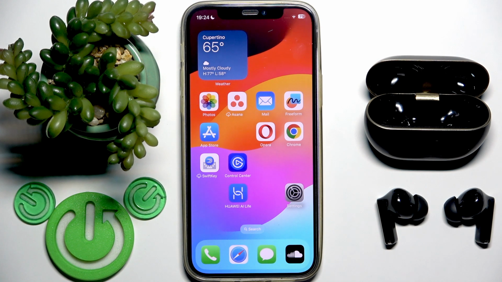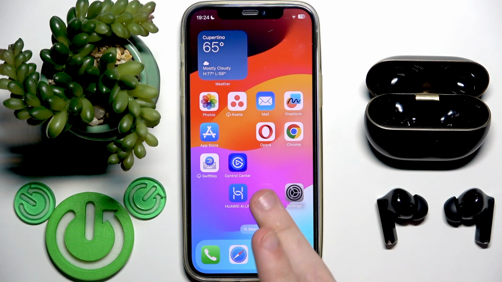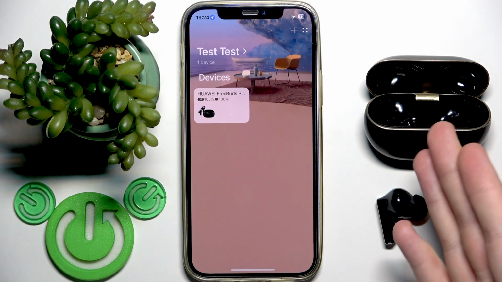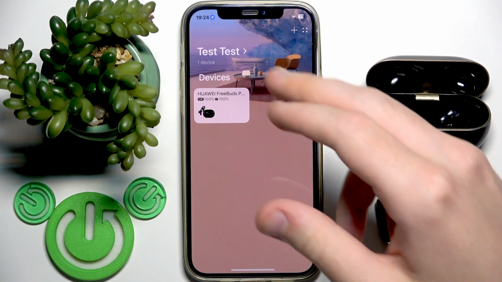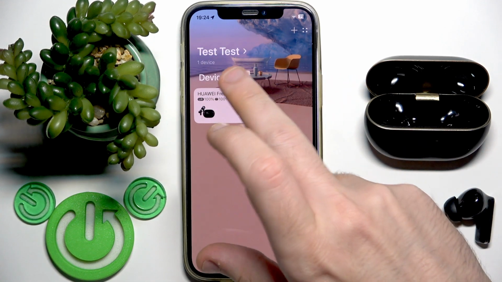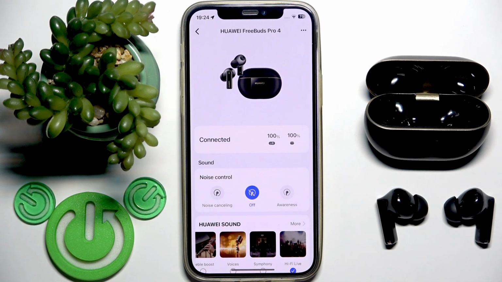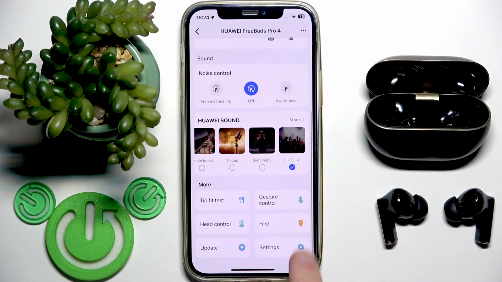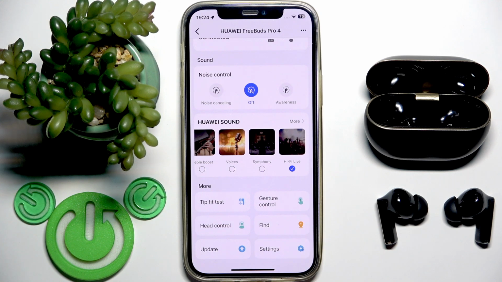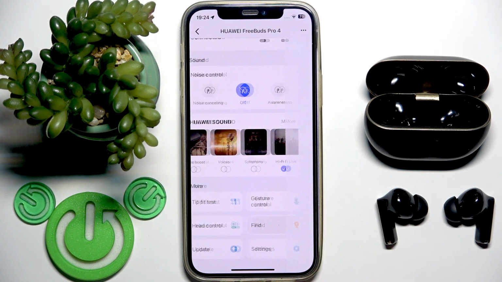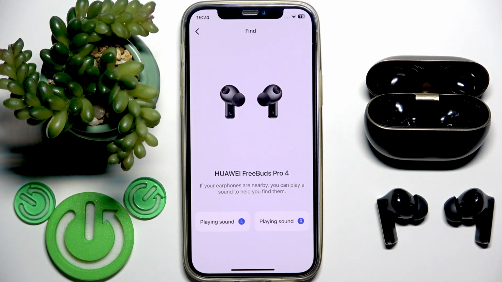You have to start by opening the HUAWEI AI Life application, and of course you need to add your earbuds to the app. Then you will see them in the device list and you need to tap on your earbuds. Now scroll down and right here on the right side we have Find. So click this button and now we can play a sound for the left and right earbuds,